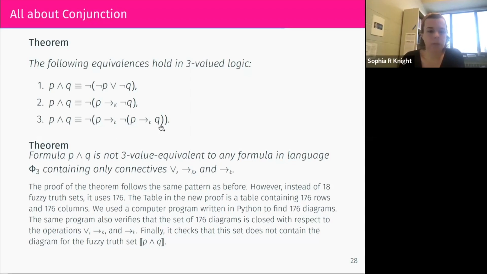Those are the formulas we know are expressible in terms of other ones, but what else? Are there other expressibilities or are they unexpressible? So our next theorem is that and is not equivalent to any formula that doesn't use negation. With your other three operators, you can't get and. So let's look at the proof for that.